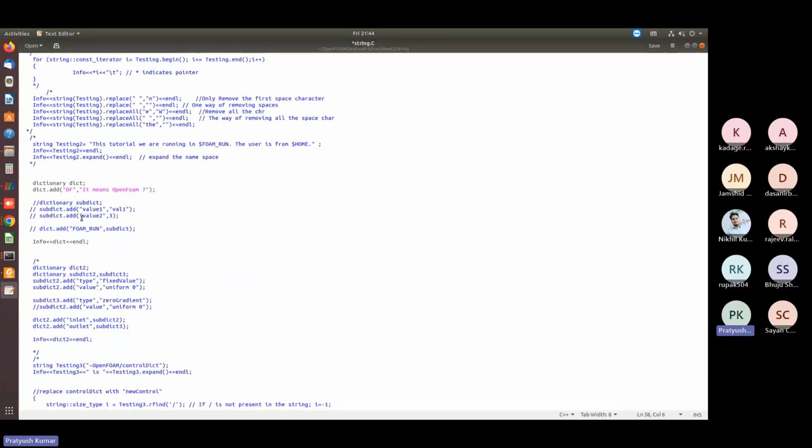Now we are adding something to it. So we have defined this dictionary. In this dictionary we have defined the meaning of open form, and here we are adding one more thing, that is subdict. But what is subdict? For that we have to define subdict first. So again, subdict is a dictionary,